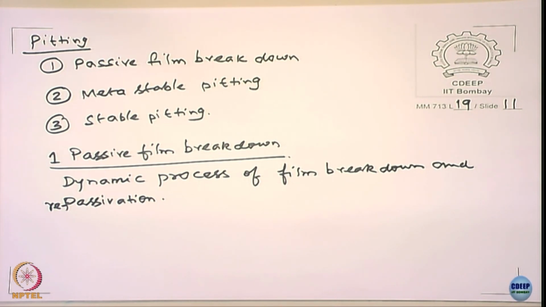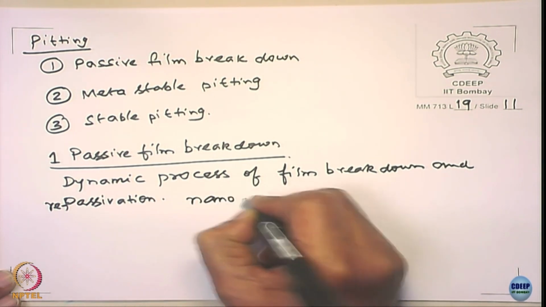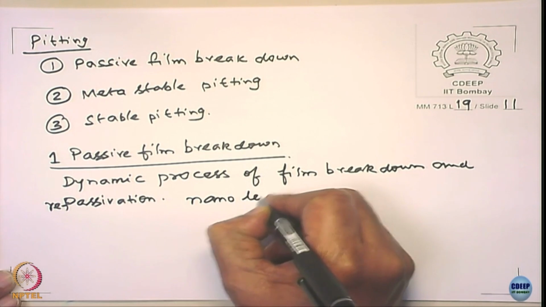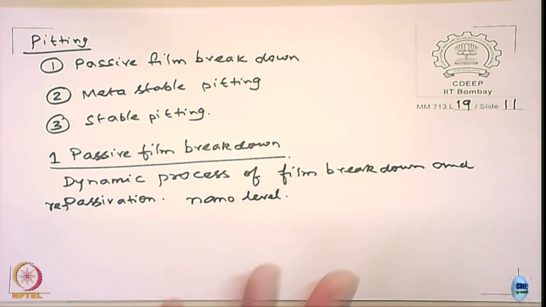Okay, now they are all happening at nano levels. When I say nano, I talk about spatial, right? Nanoscopic levels. Spatially, they occur at the atomic and the nano levels. The metal atoms dissolve and repassivation is taking place. But what can happen is,